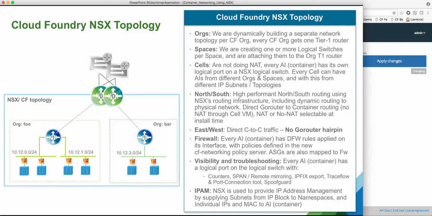So the first thing that we decided to do is to give each of the orgs, which is a tenancy construct inside of Cloud Foundry, a network topology, and with that, a network identity. So if I create a new org, a virtual router will be created automatically. That virtual router will have one or more logical switches attached to it. And from NSX-T's IPAM, we will allocate a subnet or more to each of those orgs and configure that on